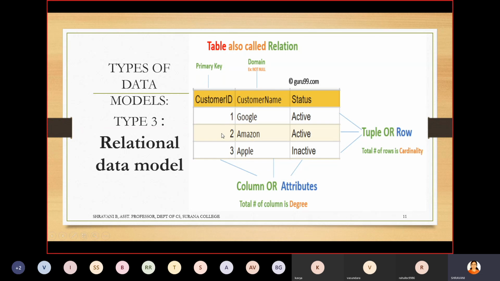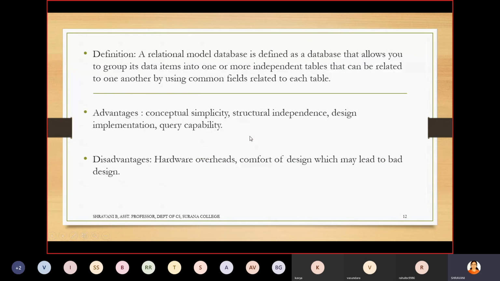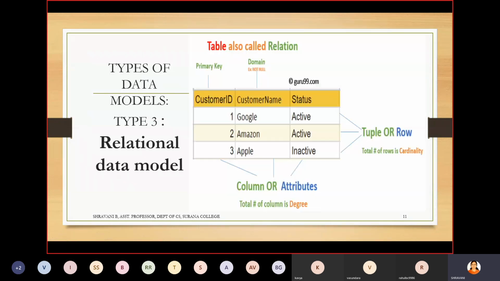He is having an independent unique ID number 2, and his status can be changing, but as of now his status is active. So this and this are interrelated, and 2 is a unique identity key, that is a primary key. So Amazon is independent. That means he is not dependent on either Google or Apple. He is different and this is different. So this is totally independent. It is only related to the primary key, that is the customer ID.